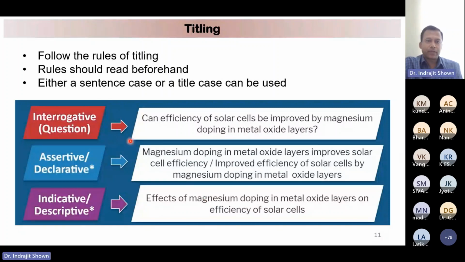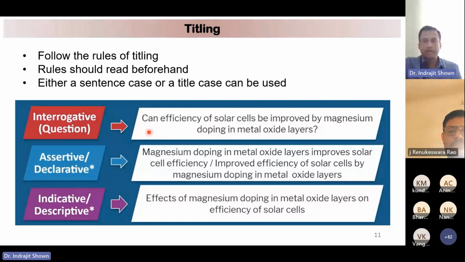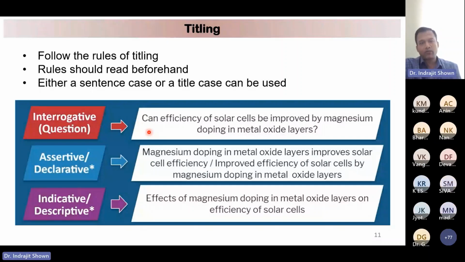And particularly the first one, there are several ways you can arrange your title. One is the interrogative way, the form of a question, in which you can make your title. One example: can efficiency of solar cell be improved by magnesium doping in metal oxide layer? This is one way. The same title you can make in a different way, that is called declarative or assertive